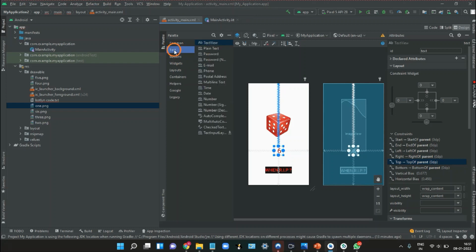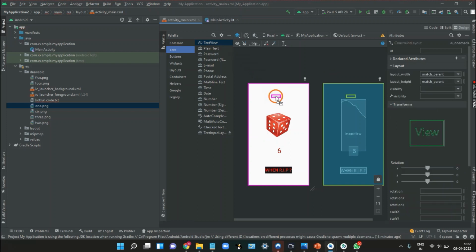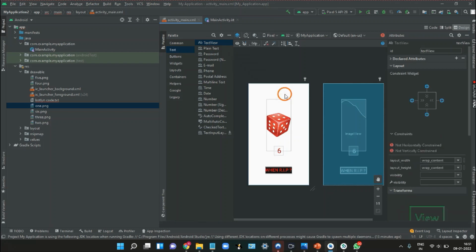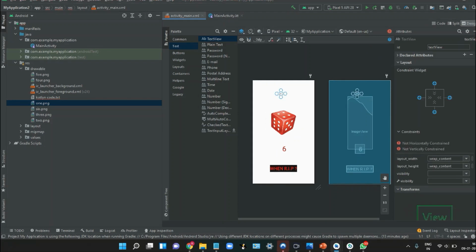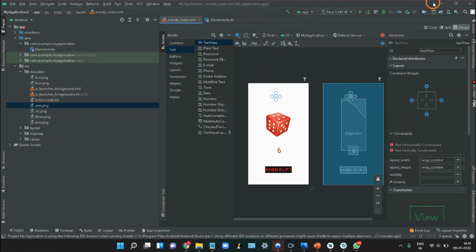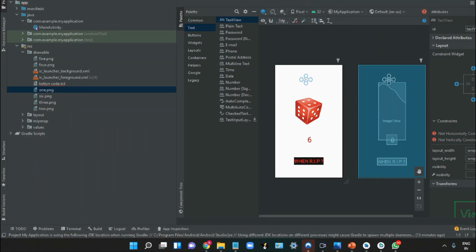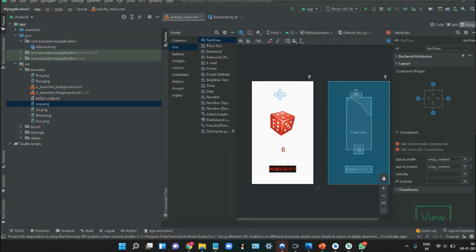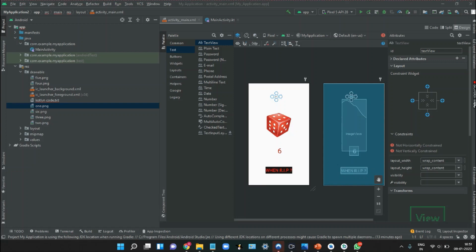So I'll click on text here and drag this text view. Okay, so now work on this. Let's work on this text view.